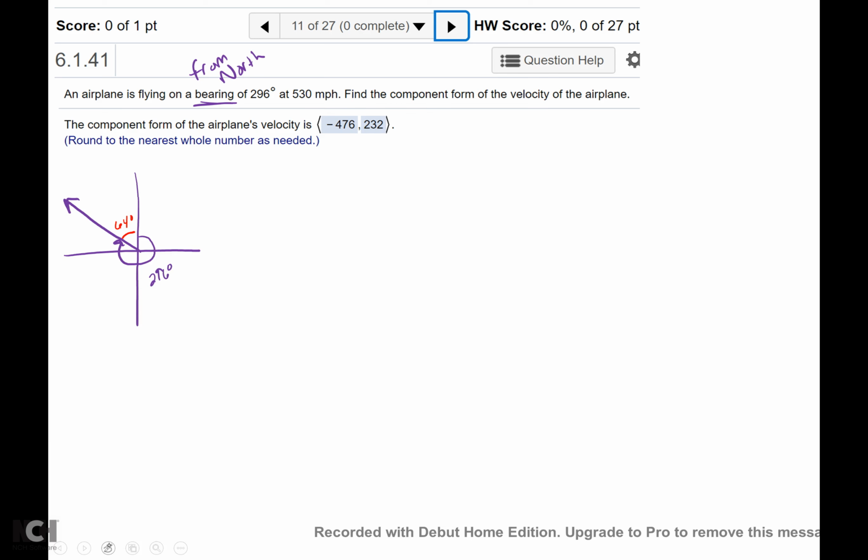But my theta needs to be from standard position. So my theta is going to be this 90 degrees plus this 64 degrees, which is going to give me a theta of 154 degrees. So now that I know theta, not the bearing, I know actually theta,